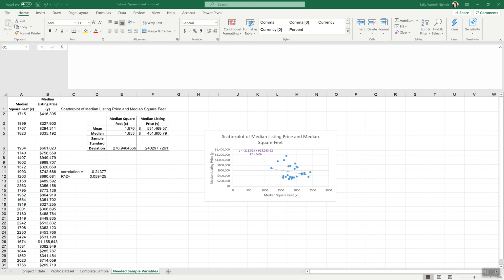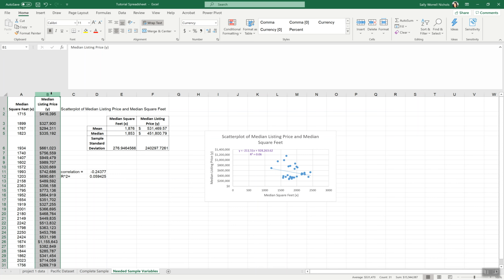All right, so let's get started. The first thing we're going to need to do is select our data. I'm going to choose the median listing price data, which is in column B of the spreadsheet. To do that, I'm going to bring my mouse over to the letter B, signifying the beginning of the column. I'm going to left click, and then I get the downward arrow, and I'm going to left click again to